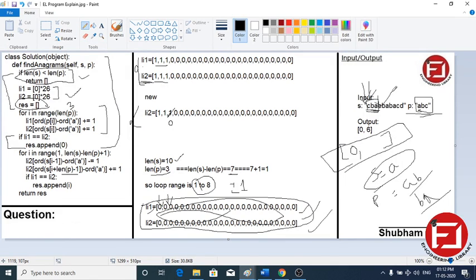So ASCII value of e minus a means fourth index. We have to increment index 4, so 0, 1, 2, 3, 4. It is incremented to 1.